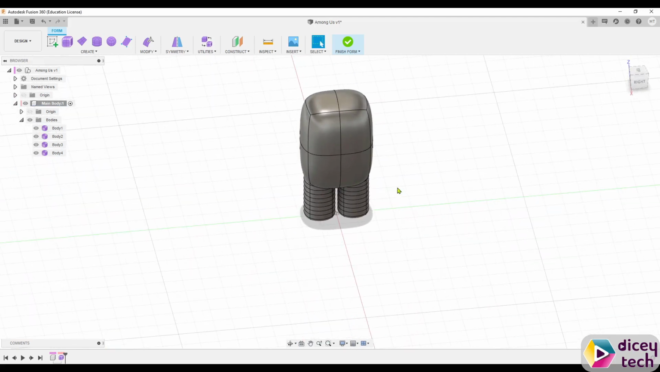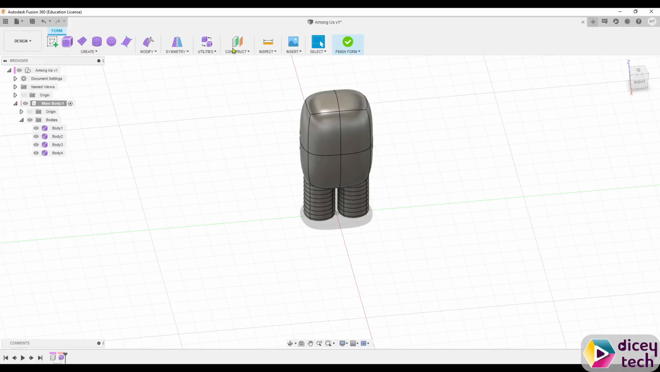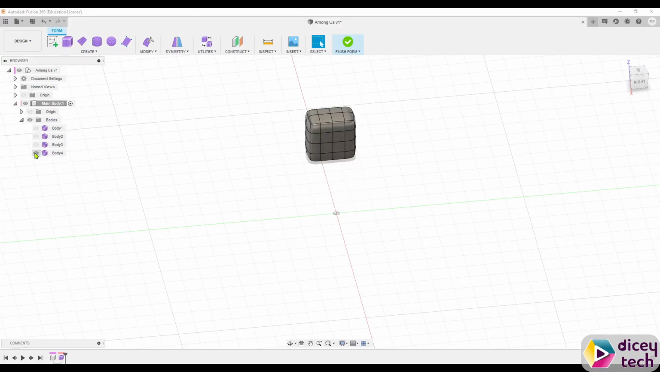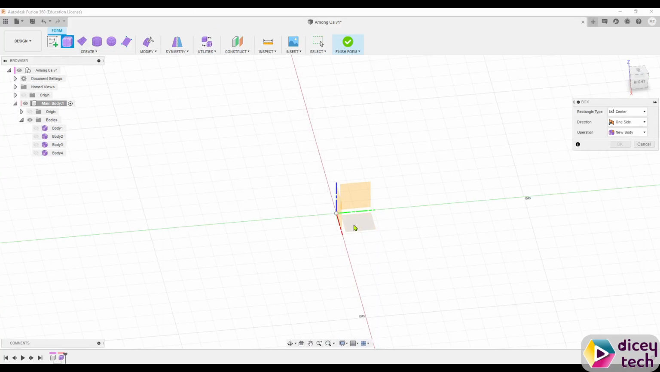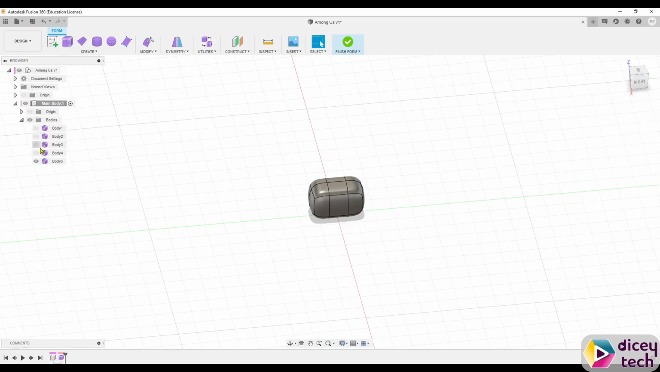So next up, we want to make the face. So the face is going to be 9 by 15 and 10. So hide everything, box in the middle. So 9, 15, click, and 10. And for the faces, it's going to be 2, 3, and 1. Then press OK, show everything,